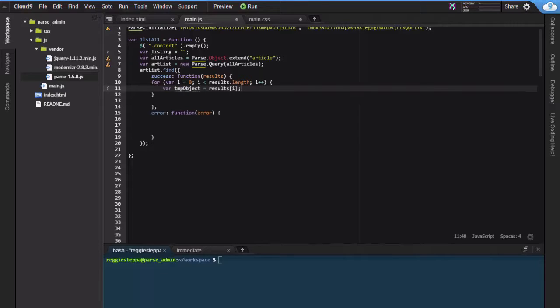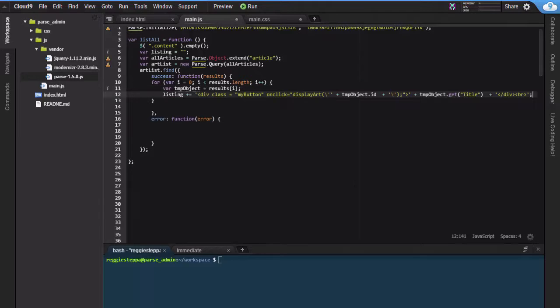First, we set up a variable in our loop to hold an individual parse object. Then we add a listing to our listing variable. We are creating a div with the class of myButton. This div has an on-click event handler that executes the displayArt function. The parameter of tempObject.id is supplied to the displayArt function. TempObject.id is the random parse ID assigned to each object and how we are going to reference and find the